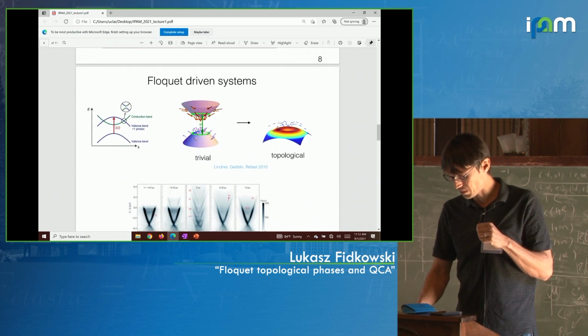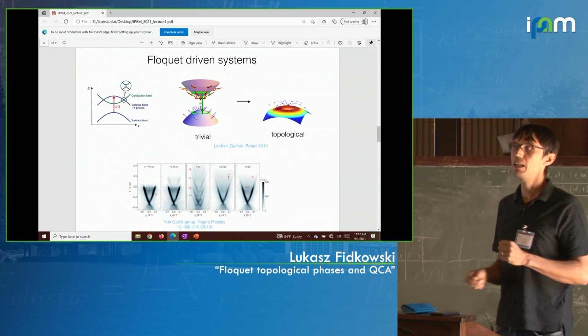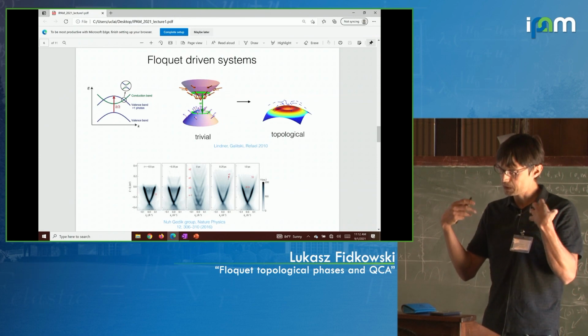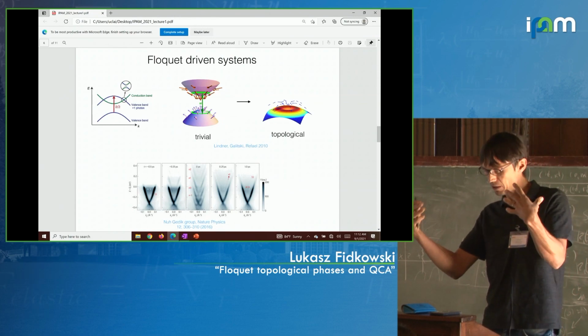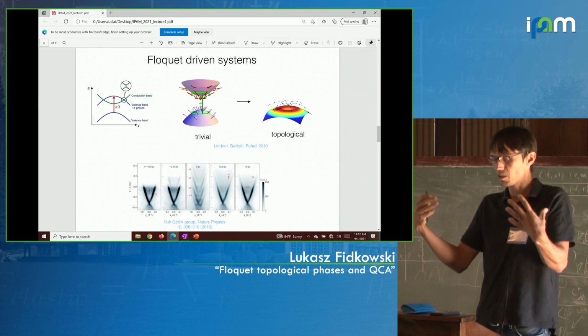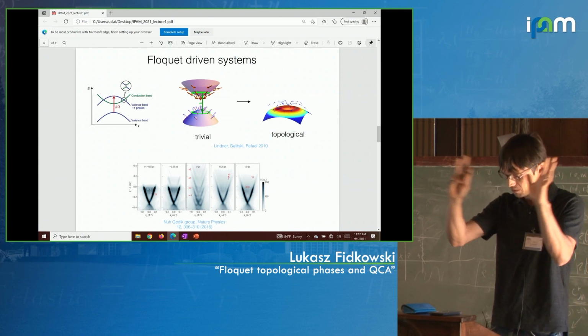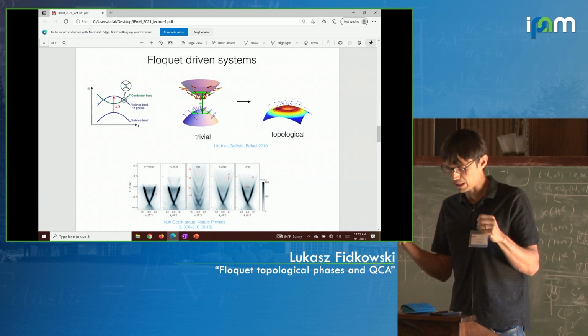Okay, so that's one new physical setting. Another new physical idea is to go beyond static Hamiltonians. So this is just adding another knob to the systems that you're looking at. And this can be realized both in the original solid state context, electrons, crystalline lattices, as well as these new optical lattice systems or whatever.